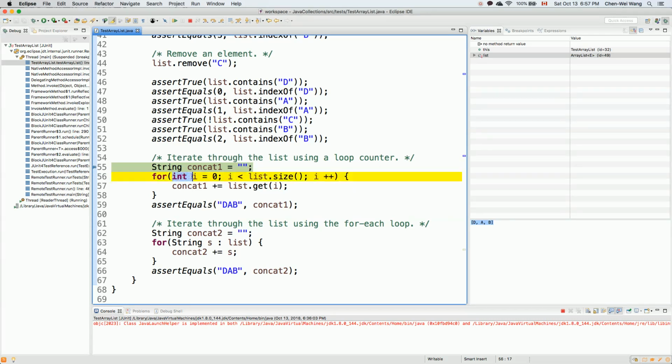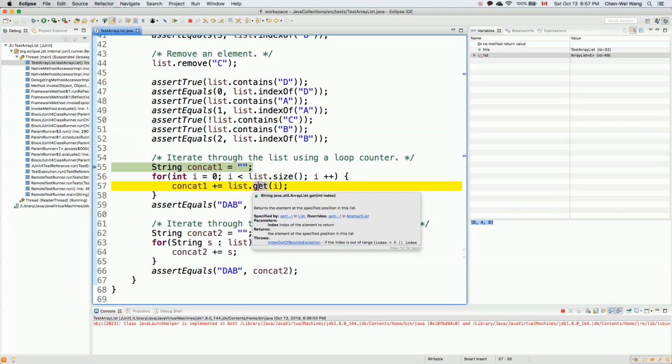I can have a loop counter i, starting with index 0, and i is less than list.size. In the case of a one-dimensional array, you would say array a.length, right? That's what you would say, and then i++. And then let's say we simply want to concatenate all the string elements one after the other. So we can say concat plus equal, and then we have another method here to show you, which is